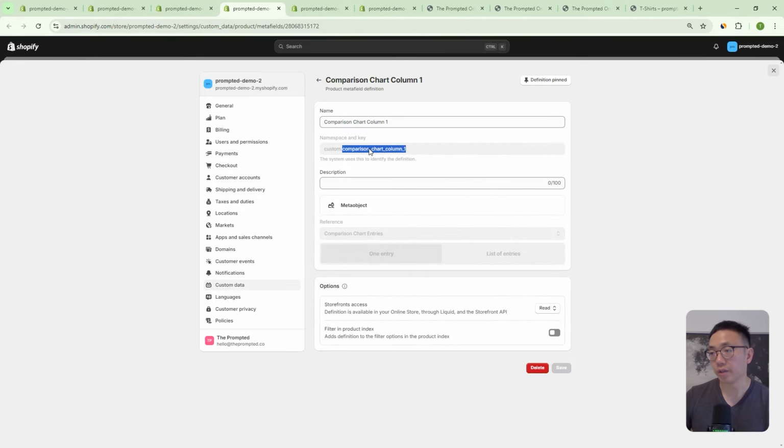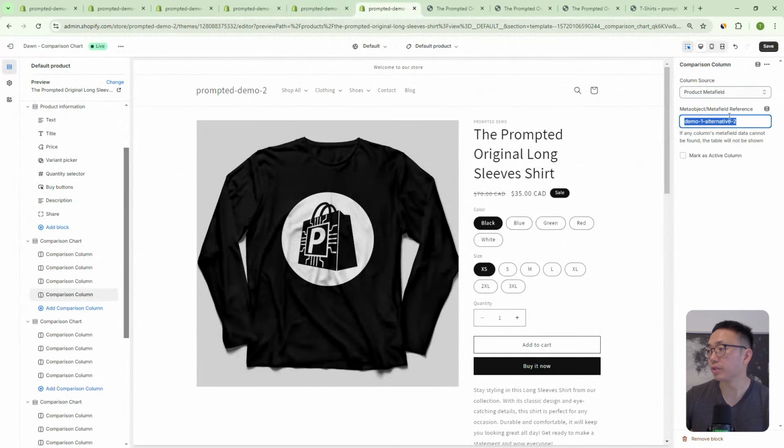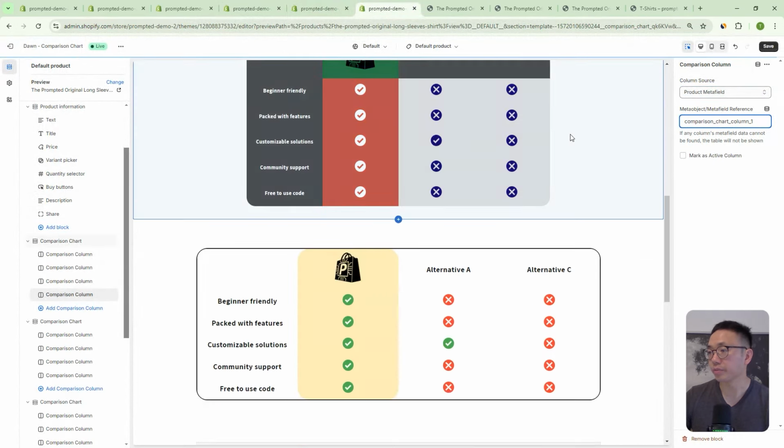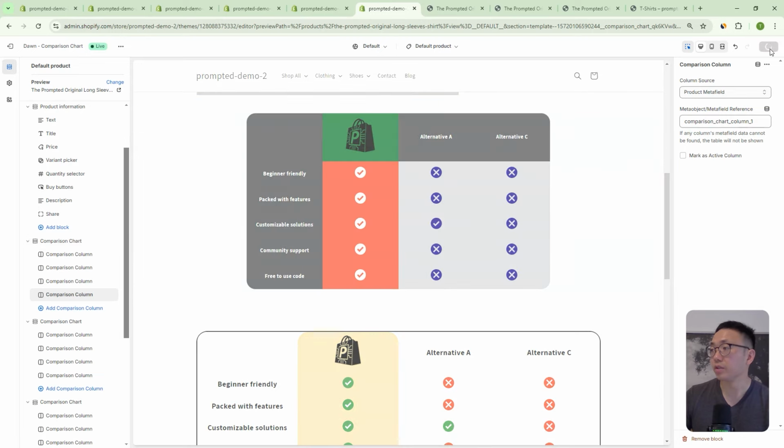So we're going to grab here the key, and we're going to place that right in here. So this is the reference that we need to place in here. We put that in there, and our table shows up again, right? Because now it finds the information for that product, and it's going to place it in there. And you can see here we've got alternative C in place now. So if we save this,